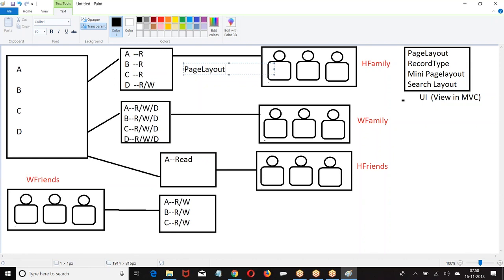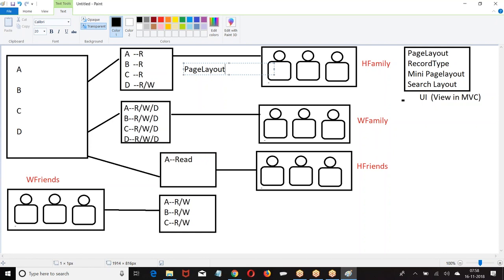When I open an object, how the object should be visible, which fields I can see, how I can see, that is controlled by the page layout. Page layout says how an object is visible to the users.